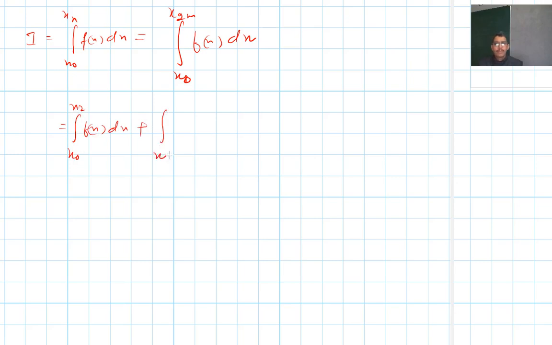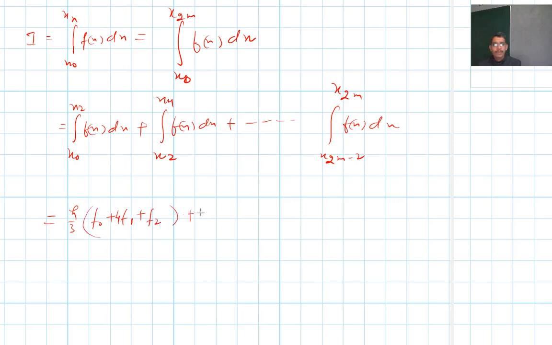plus, as we have talked about in the earlier lecture, the integral from x2 to x4 of f(x) dx plus and so on, up to the integral from x(2m−2) to x(2m) of f(x) dx, and it is equal to h by 3 (f0 plus 4 f1 plus f2) plus h by 3 (f2 plus 4 f3 plus f4) plus and so on, plus h by 3 (f(2m−2) plus 4 f(2m−1) plus f(2m)),